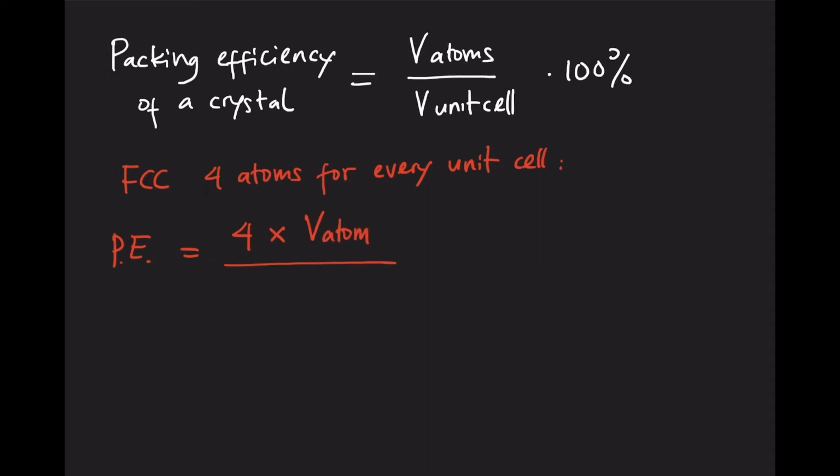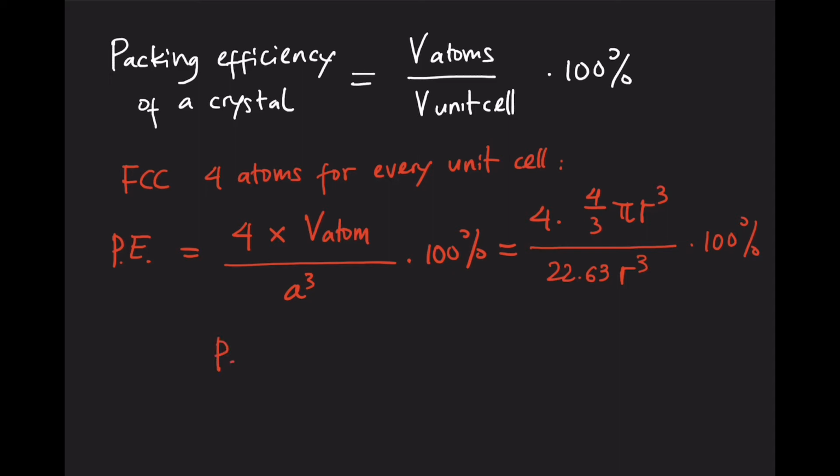Therefore, the packing efficiency will be equal to 4 multiplied by volume of the atom divided by volume of the unit cell, which is a cubed, times 100%, or this is going to be equal to 4 over 3 pi r cubed. This is the volume for a spherical atom divided by a cubed, and for FCC this is going to be equal to 22.63 r cubed multiplied by 100,